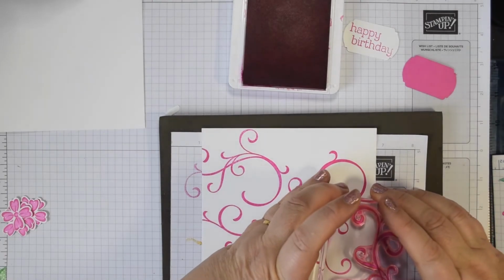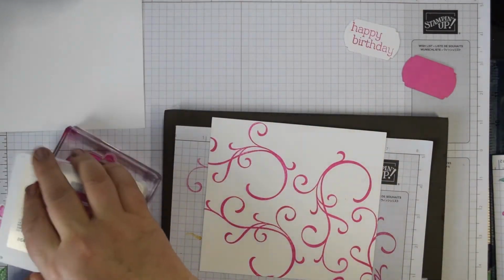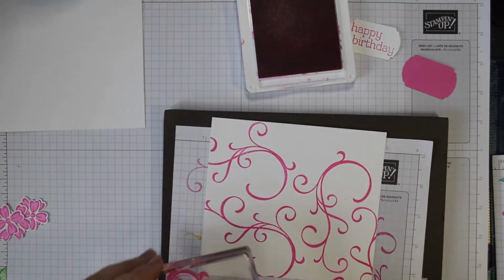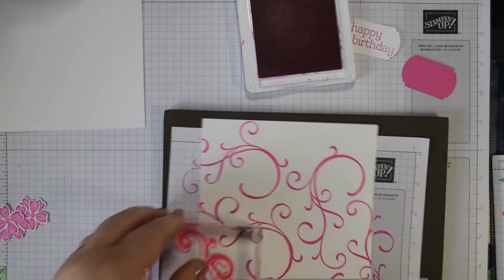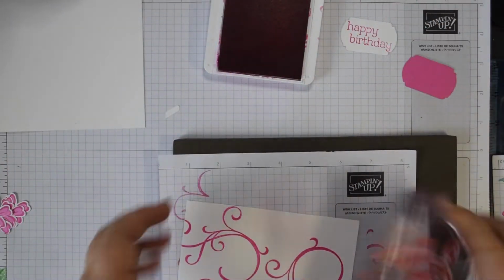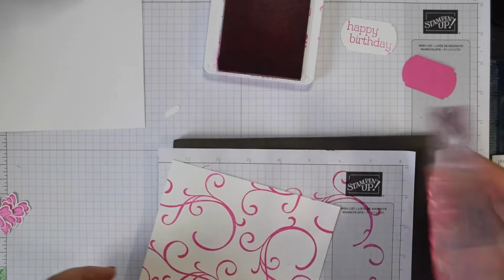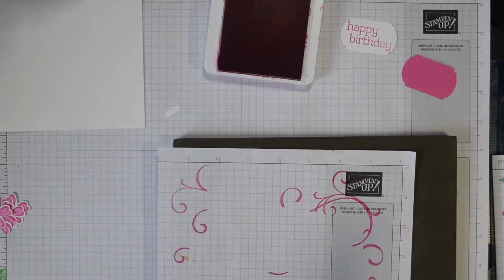So just filling in the gaps. You could also use the extra swirls that you've got in the stamp set to add to if you want to, but if you're doing quite a large area, I'm really just using this main swirl just for speed as well. So there you go, there's the first side,